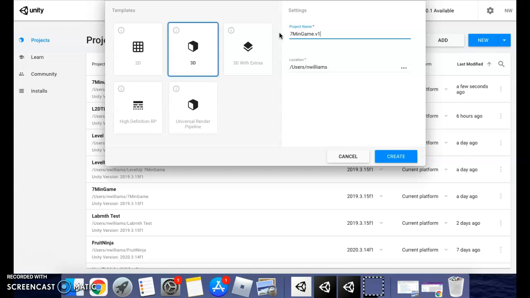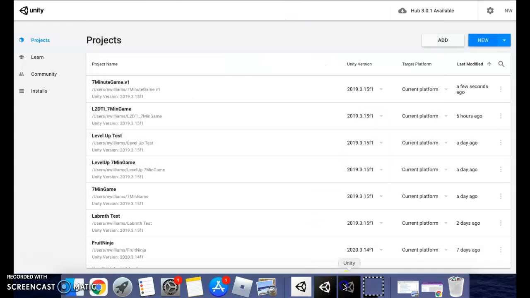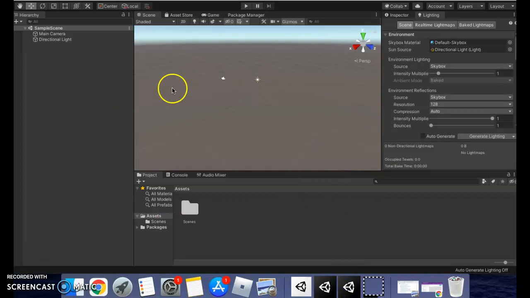So I want you to get used to doing this so that we have some sort of version control. It also helps with errors. So if you get an error in one that you are trying to change, you can revert back to the earlier version. All right, so once you have given it a name, click on create. All right, and I've already created one. So once it opens up,